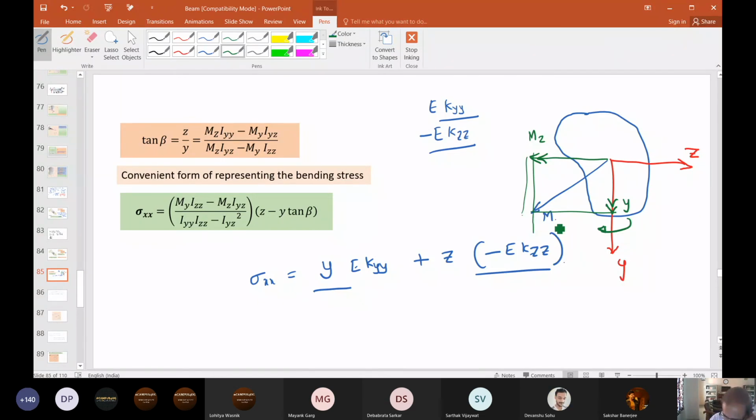Now, because of the moment about the Z axis, in this plane,